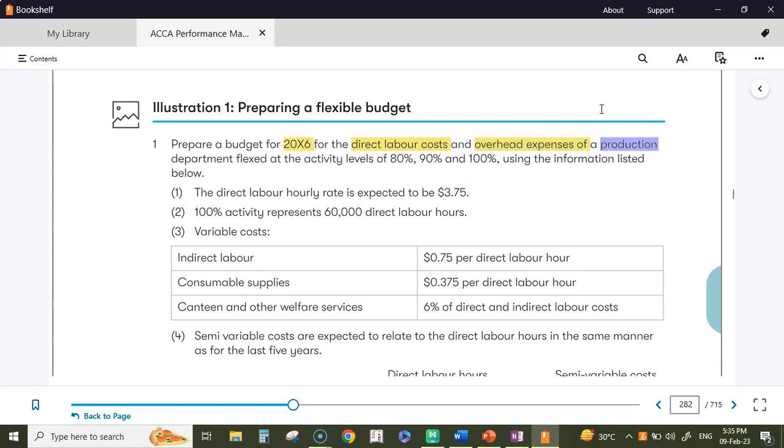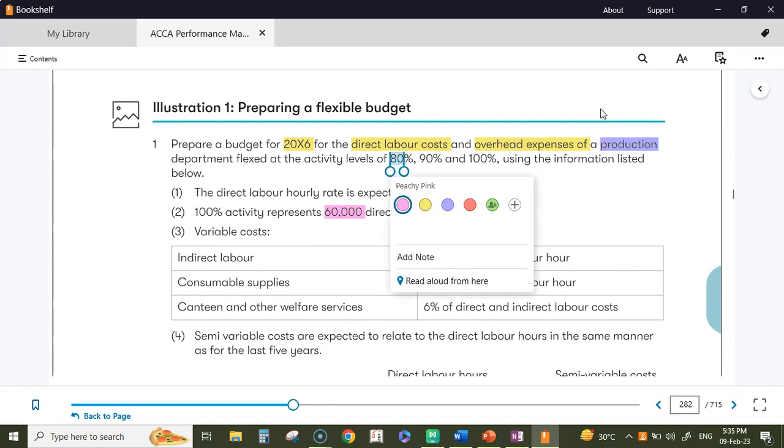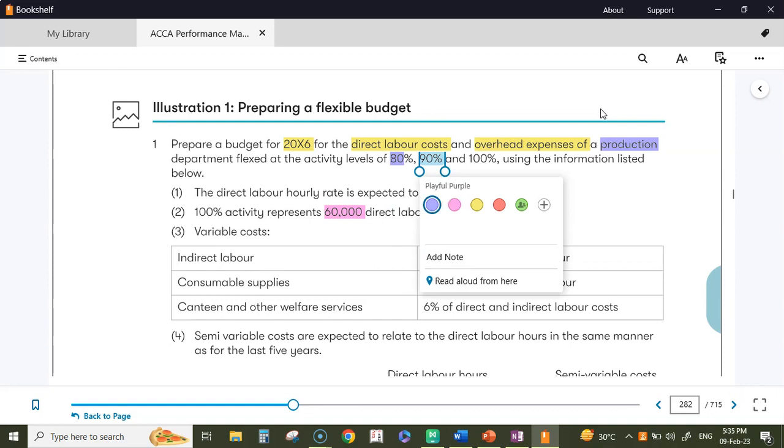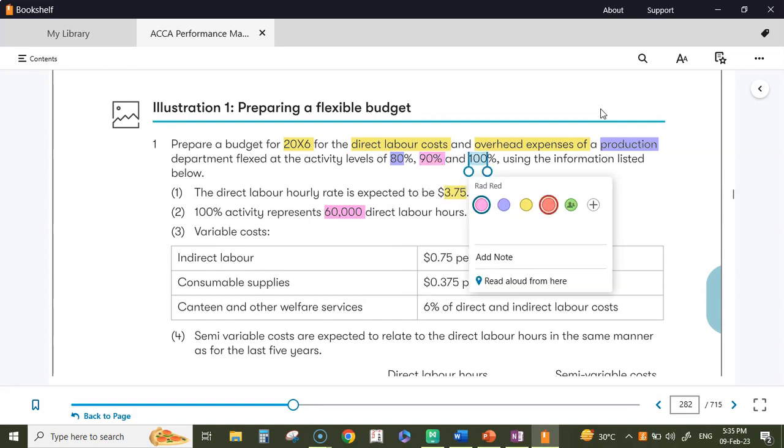Now they tell us that the direct labor hour rate is expected to be $3.75 per hour. 100% activity represents 60,000 direct labor hours. So at 100% it means we have 60,000 hours. They have asked us to prepare at 100%, 90% and 80%. At 3 levels we need to prepare, right?